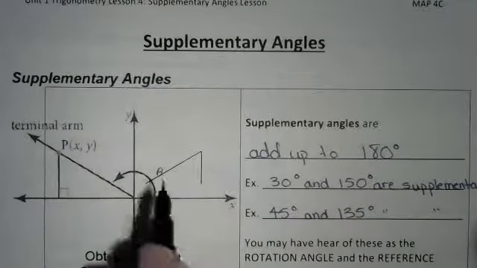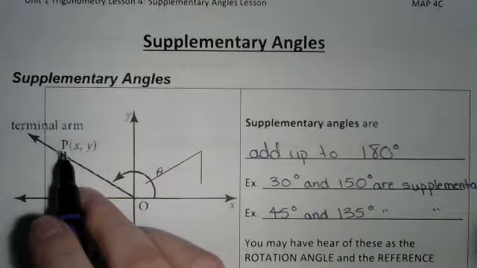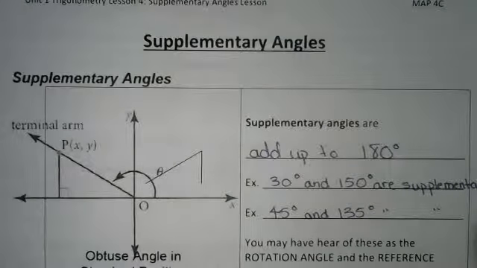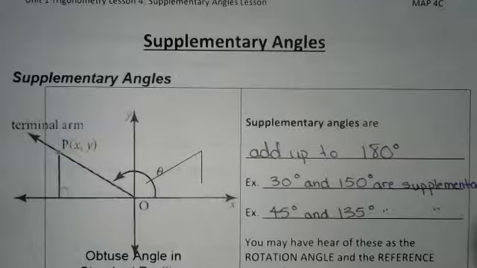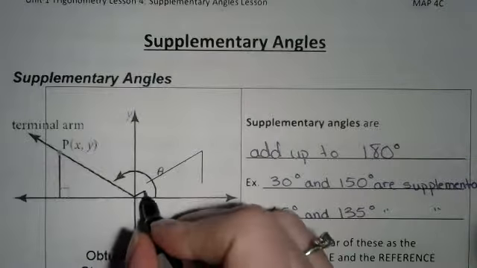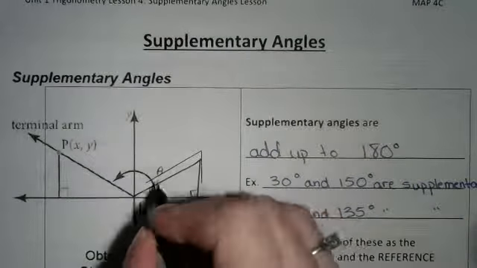Same idea as before. This is an obtuse angle. Our triangle is created by drawing a vertical line straight down to the x-axis, and this is our terminal arm. So if I move this down to where it should be, we're going to look at the relationship between two angles, one of which is